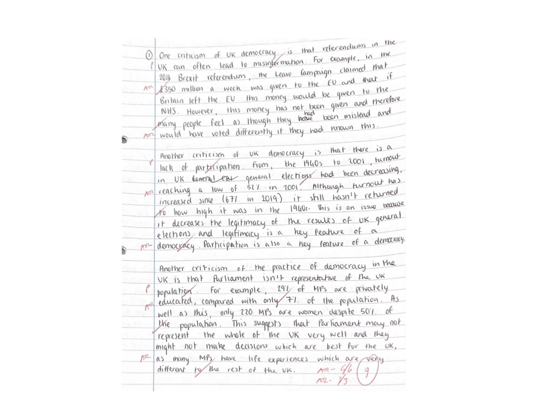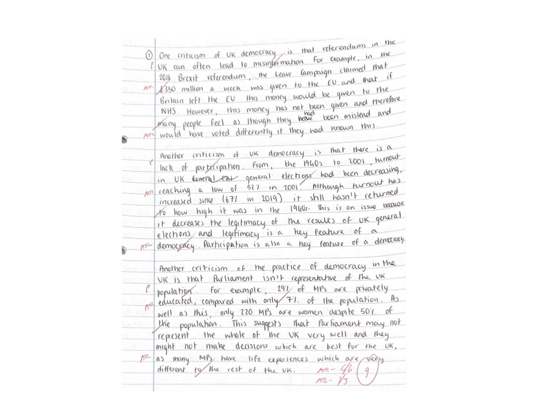Because in doing so, when we talk about how answers can be improved, we're all taking part in that process of reflecting upon these answers. So, saying that, the first answer I'm going to give you to look at is one that received 9 out of 9, and it was 3 criticisms of UK democracy.